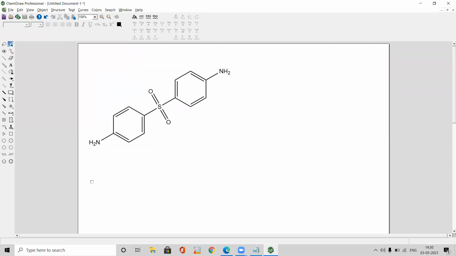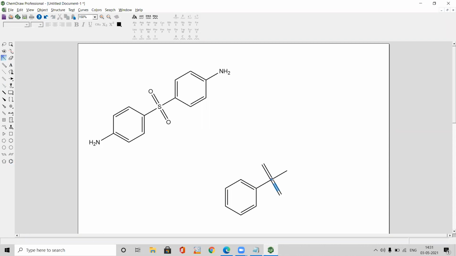Now let's try to draw this chemical structure in the similar fashion. So I'm drawing exactly as per the positions of the chemical structure that we had downloaded.